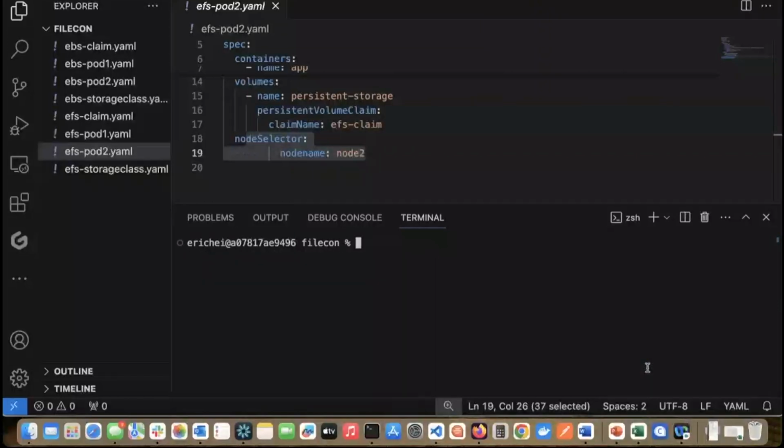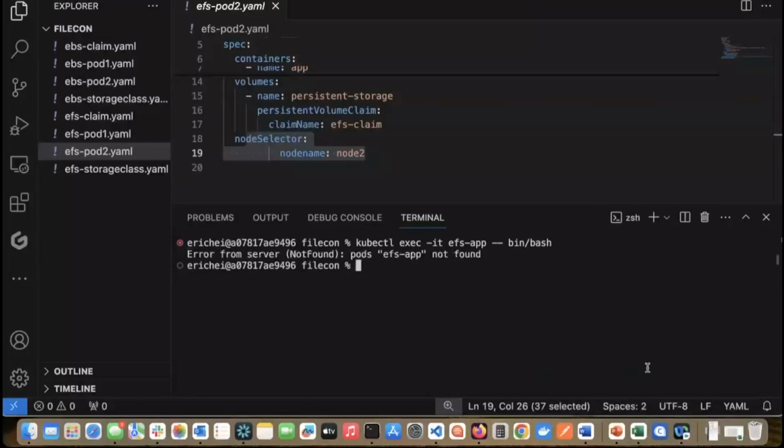All right, last thing, just to finalize this and show the punctuation at the end, let's go ahead and write some data and then read it from the other end. So I'll do that by doing a kubectl exec, and let's go into our first one, which was EFS app. Maybe it was EFS app 1. There it is. And let's just go into that data directory that we created, and we'll create a new file,